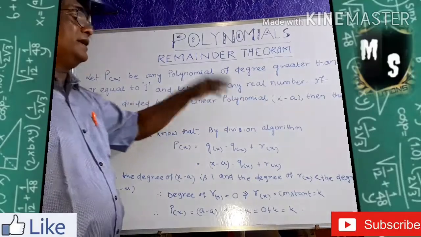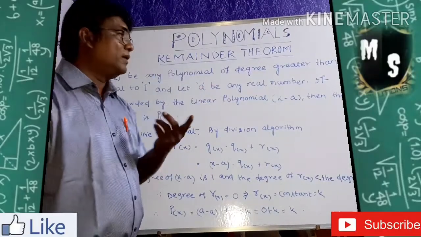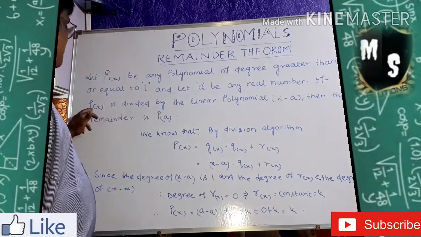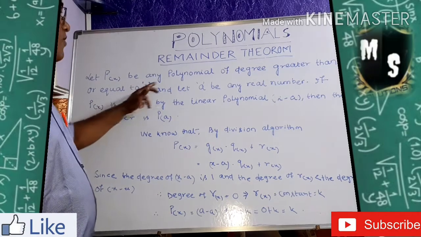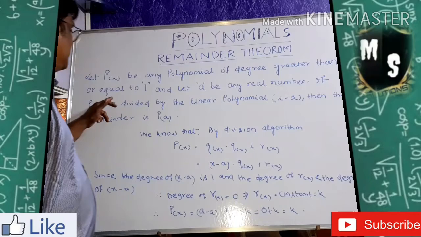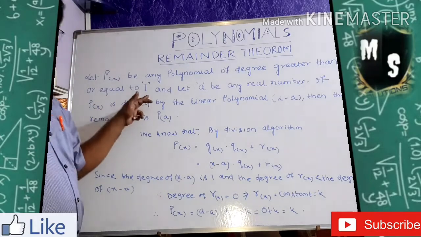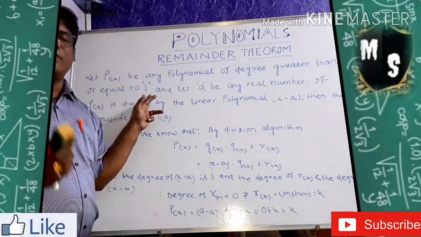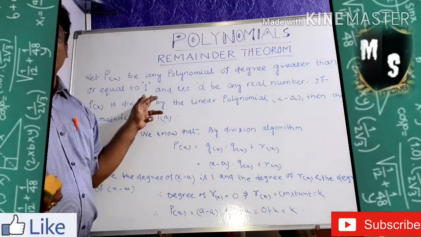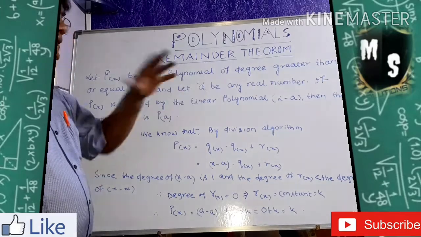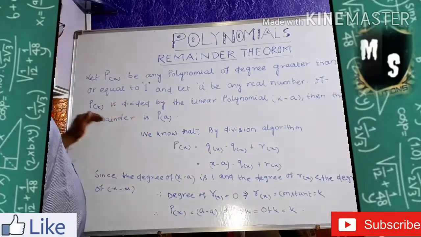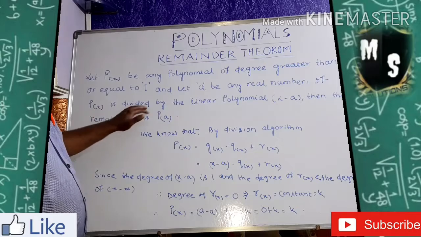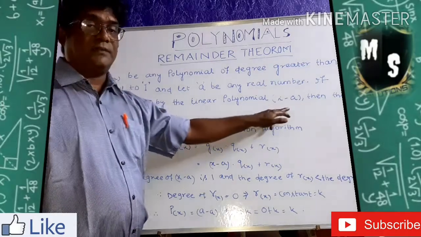Let a be any real number. If you are thinking about a real number, then what is happening? If p(x), now you are dividing this polynomial p(x). What is this polynomial? It is a polynomial of degree greater than or equal to 1. It may be a linear polynomial, quadratic polynomial, cubic polynomial, biquadratic polynomial. And if a is any real number, 1, 2, 3, 4, 5 like that, if p(x) is divided by the linear polynomial x minus a,